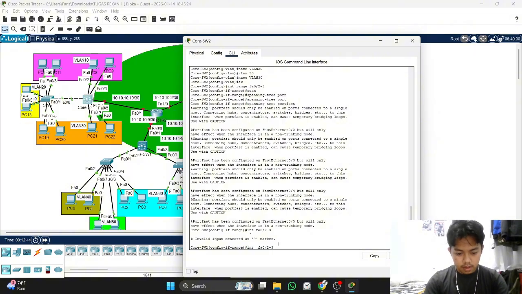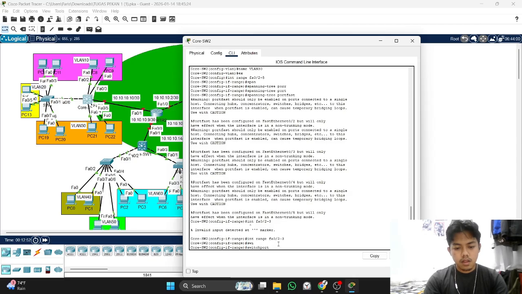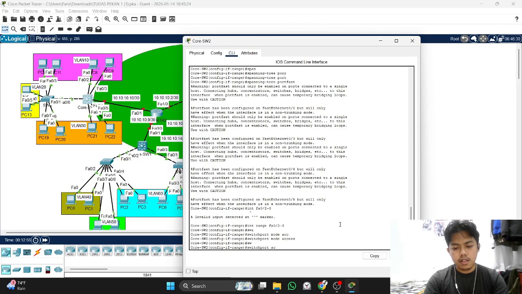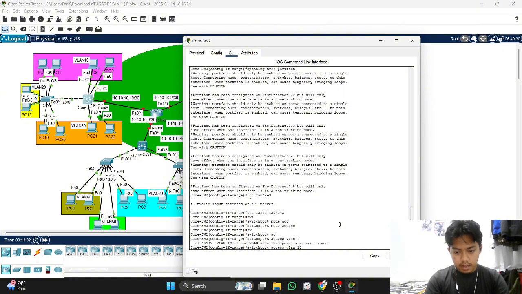Okay, the first range, sorry, and then we write switchport mode access, then switchport access VLAN 10.